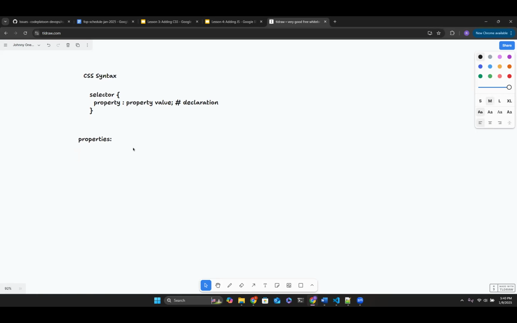Like background, and the color of the background, border, background color, right? We saw color for the fonts. What else? I think font family, font style. I think you are correct. Font family. We saw font weight, which made it italic or bold. All right, this is a good start.